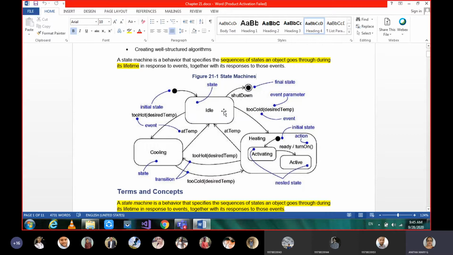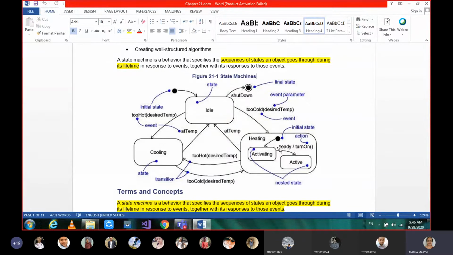But in this case, when the switch is always on, it just checks the temperature and accordingly goes automatically to cooling or heating. So this is what we call the state chart, state machine, or state chart diagram.